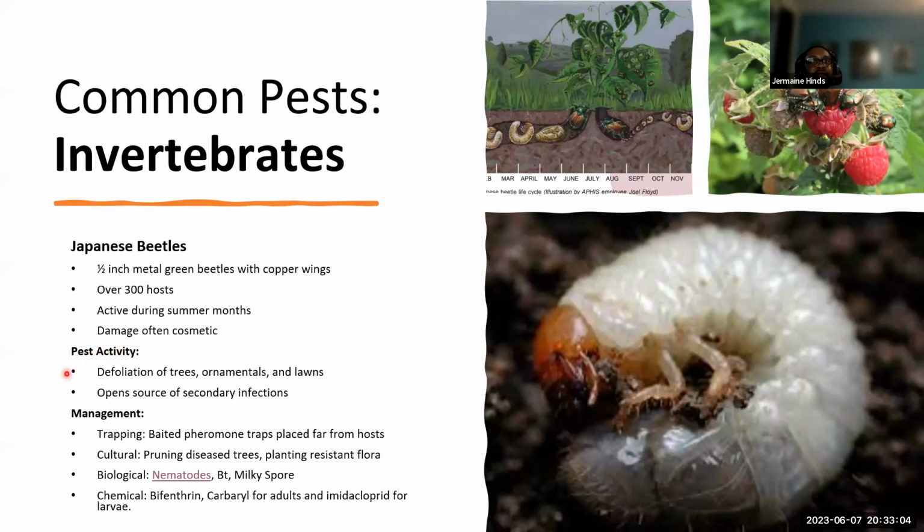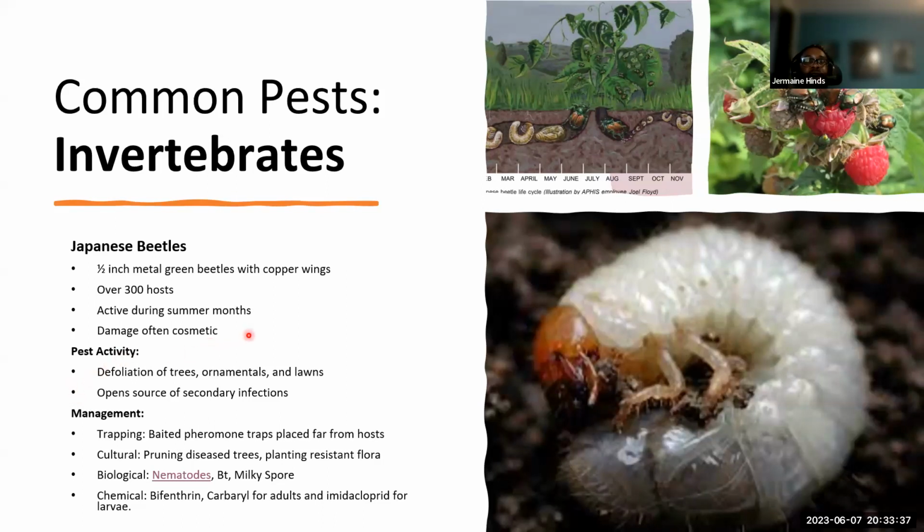As far as activity, they defoliate trees, ornamentals, my rose bush, and lawns. So that's the classic chewing symptom of damage. A lot of that defoliation can be a source of secondary infections. Because the leaf is wounded, this is now an area where fungus or bacterial pathogens could get in. If there's another insect or bird that spreads frass or poop near that wound, it can cause an infection